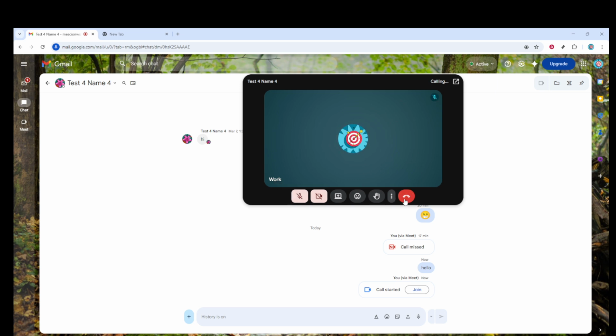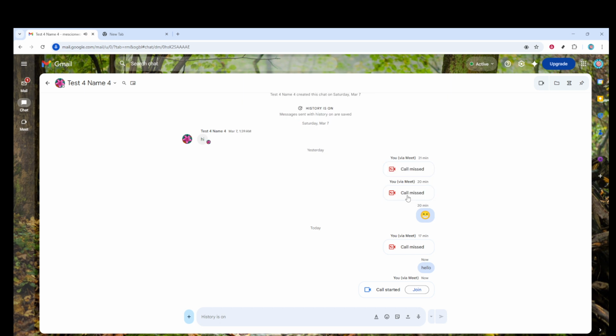That's all there is to it. You enabled chat in Gmail, opened a chat, placed a call using the video icon, allowed mic and camera access, and wrapped up